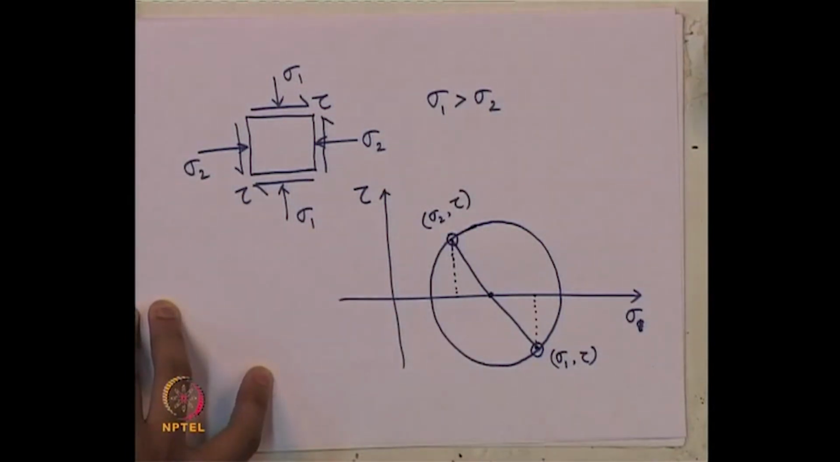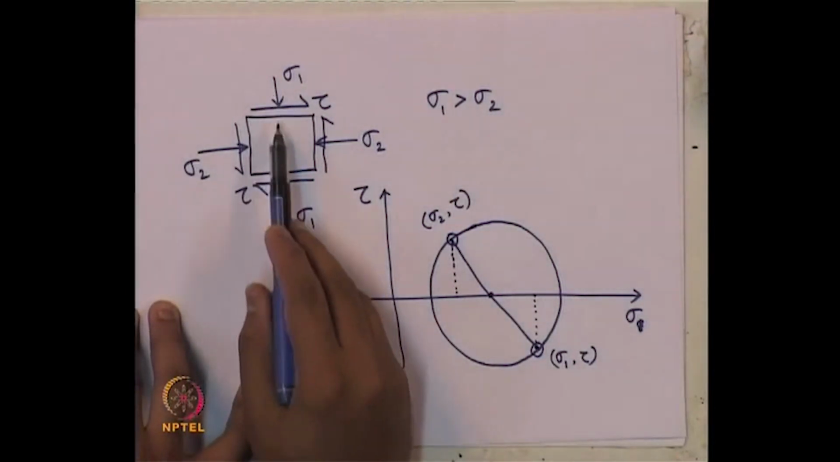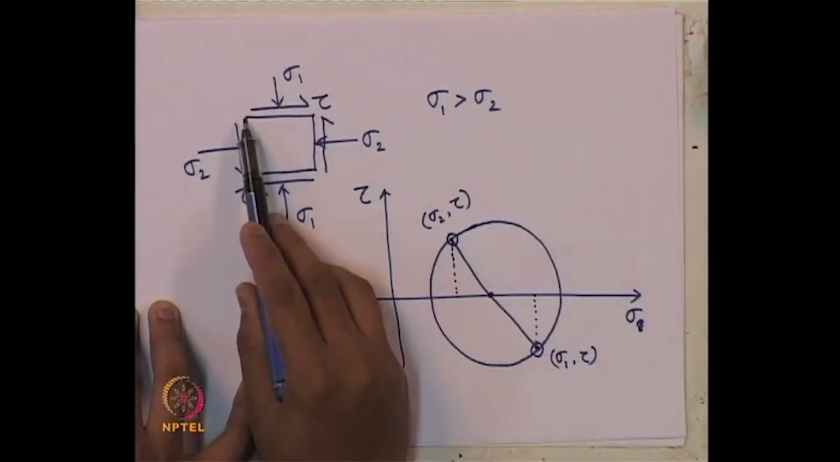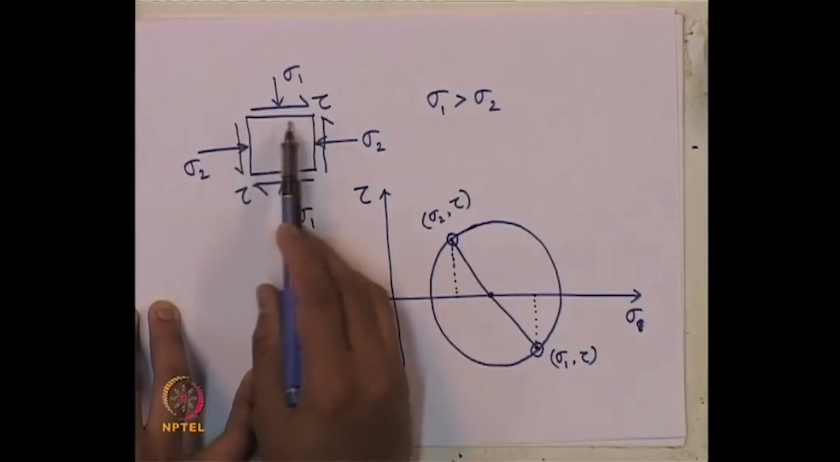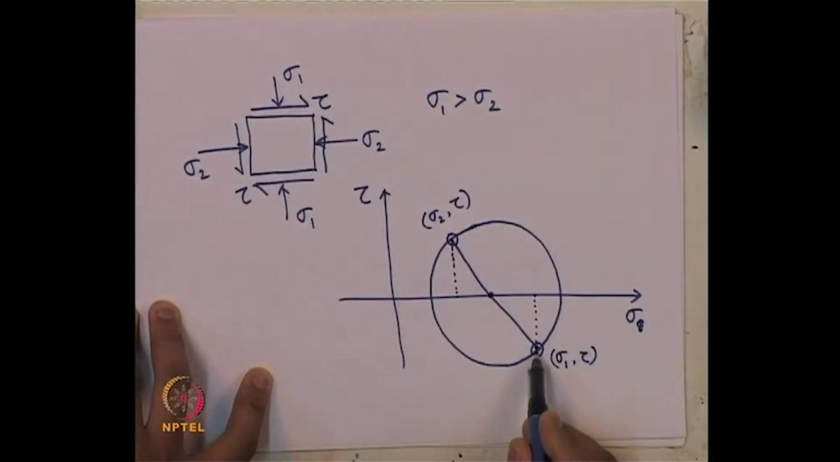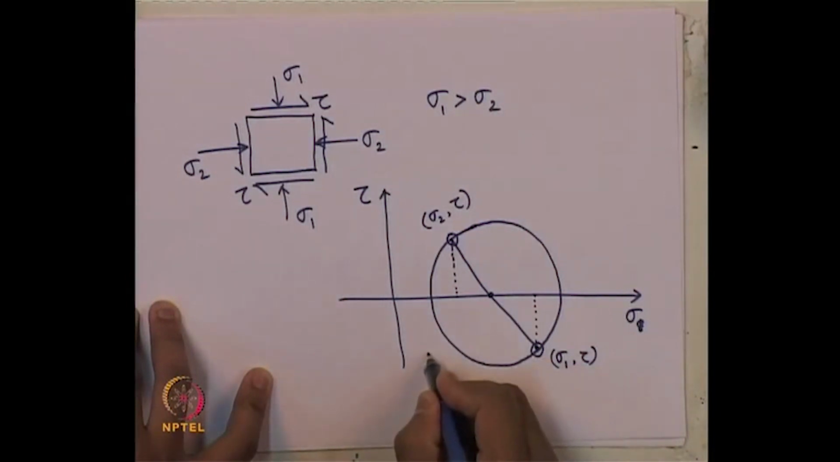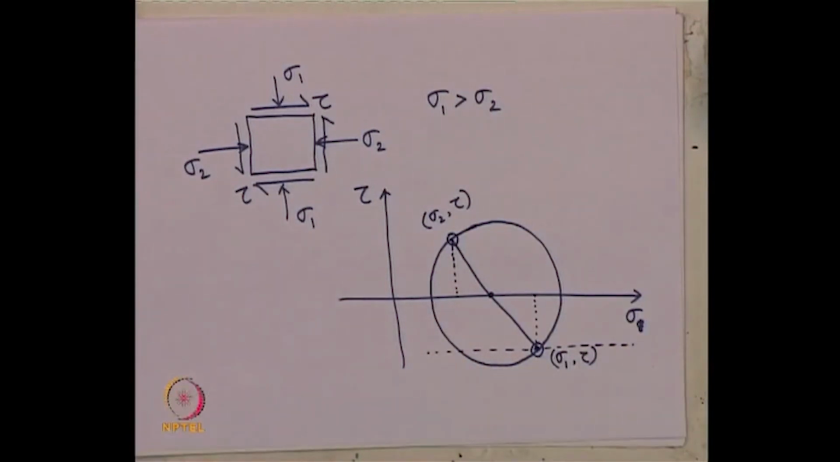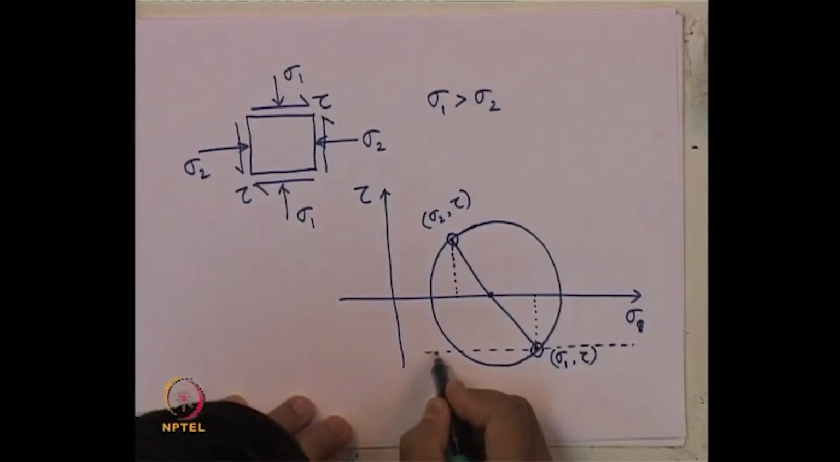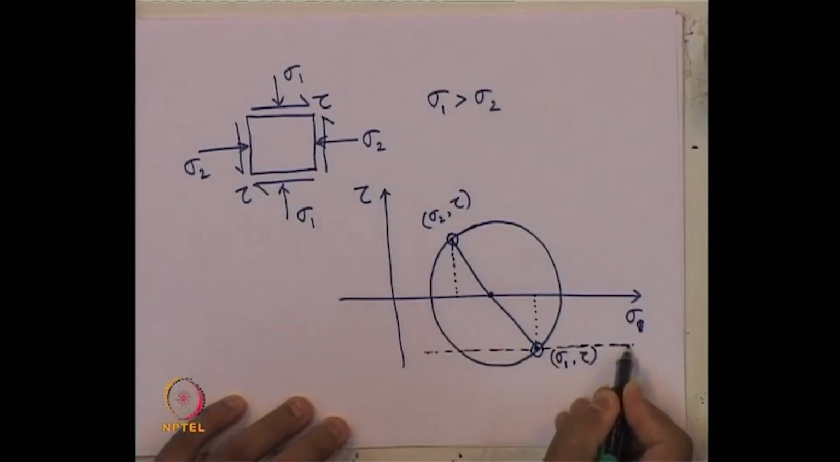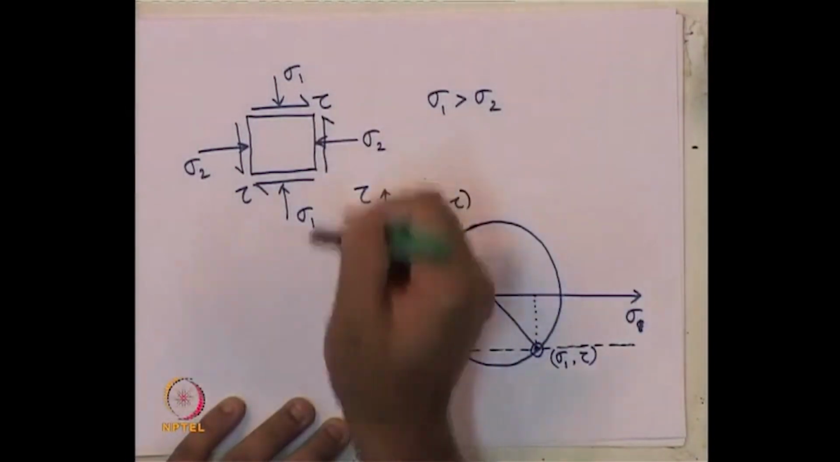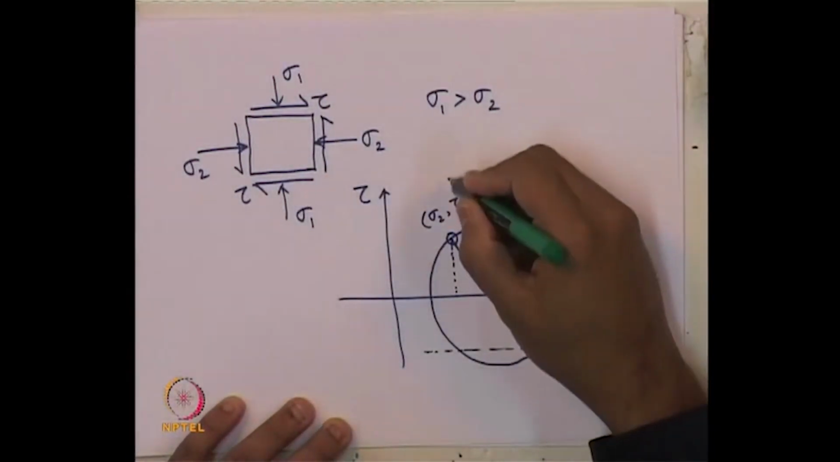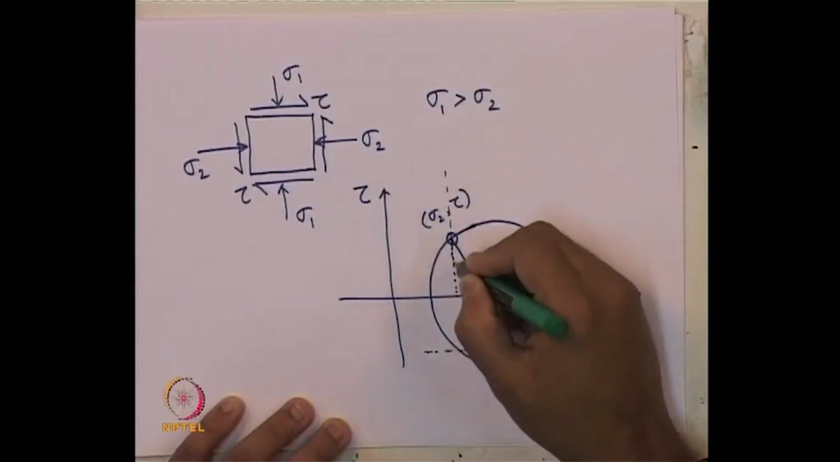Now, how to obtain the pole for this Mohr circle? In the same way as I have explained, always remember sigma 1 is acting on this horizontal plane. So, draw a horizontal plane like this. Let me use another color. And sigma 2 is acting on a vertical plane. So, where sigma 2 is there, draw